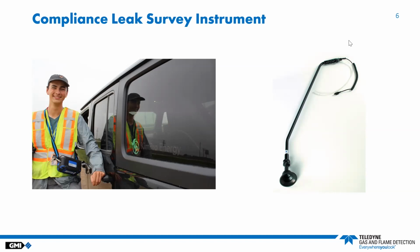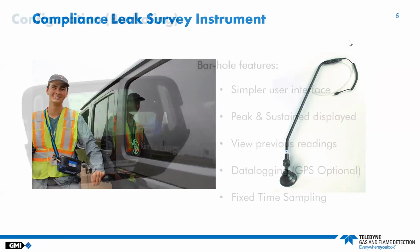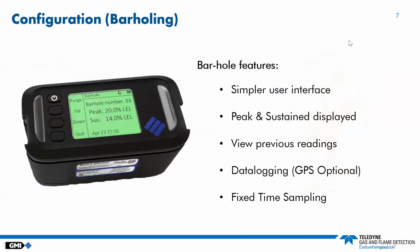The image you'll see on the right is a sample of one of the probes that we offer for leak survey. At the bottom part of the probe are located the filters and our semiconductor. The image to the left is courtesy of our client and partner, Impro Energy. We're now going to be talking about